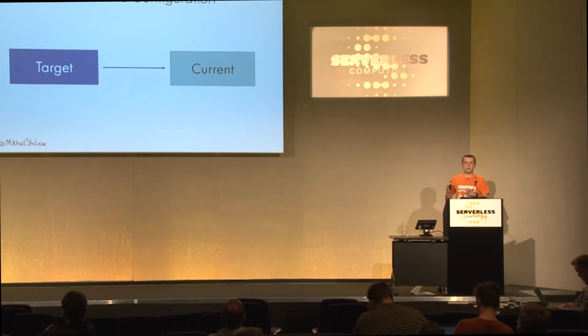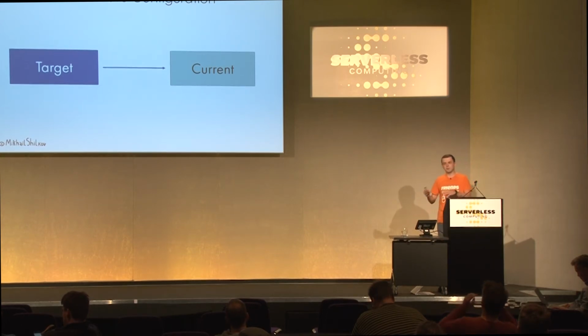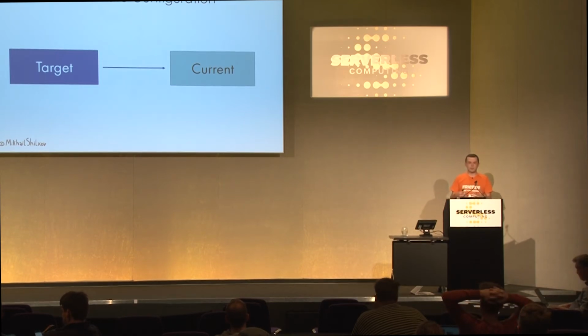The essence is that you have to describe your target state, so what you want to get in the end. And then the tool takes care of applying this target state to the current state of your environment and bringing it from the current state to where you want it to be. So it doesn't matter if you did not apply your patch yesterday to production, but you applied it to staging environment. If you run the same target state, they should come to the same